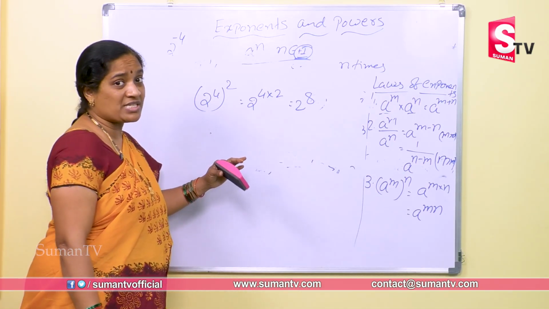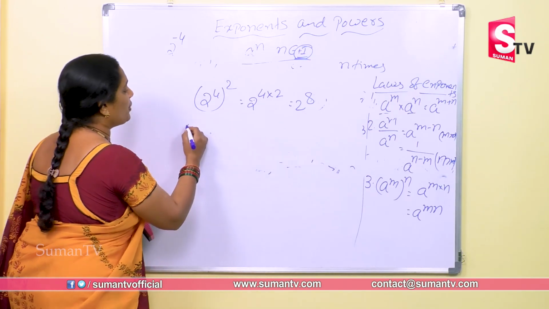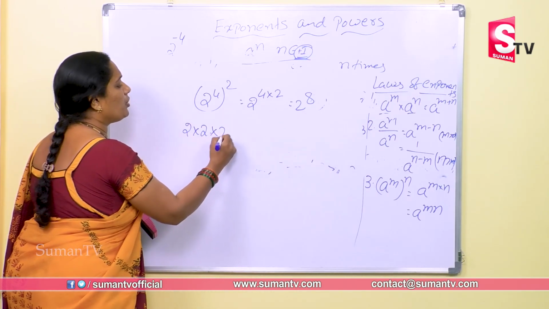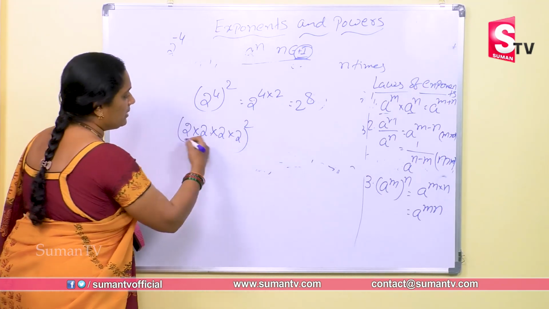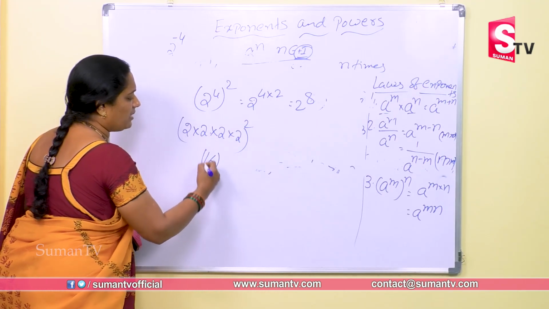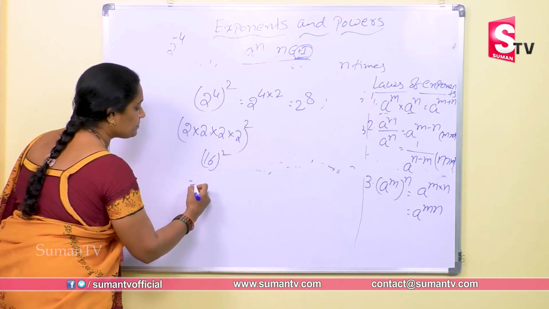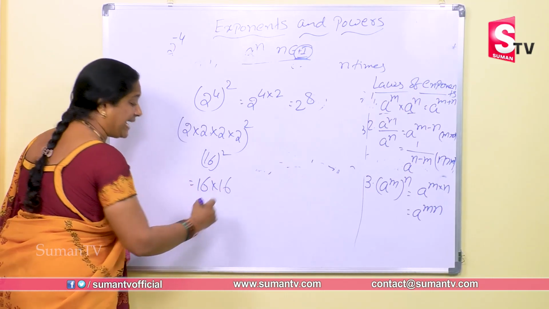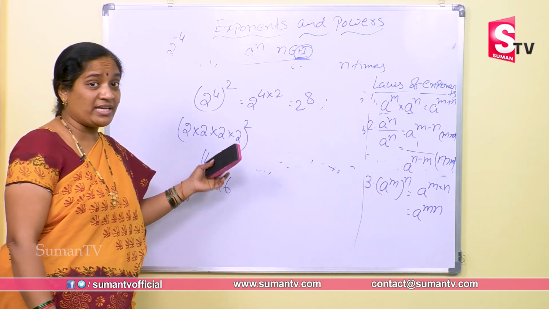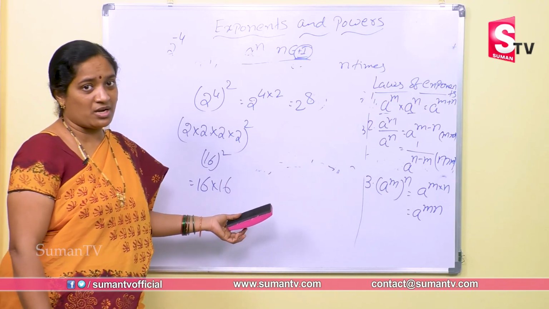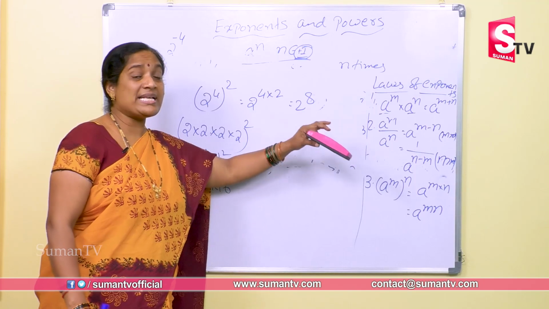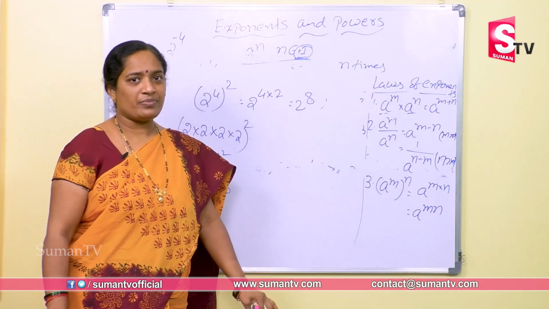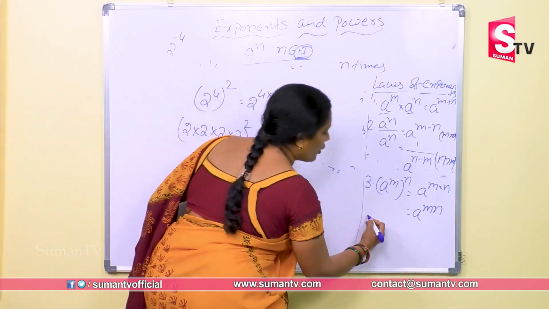Suppose if you won't do the formula application, then what are you supposed to do? 2 into 2 into 2 you have to complete, and after getting the product 16, then write 16 into 16. It's very tough to write, tough to find also. That's why if you apply the formula, it is easy to find the solution. Right? Next, coming to the fourth formula,